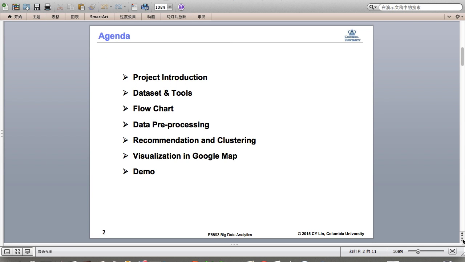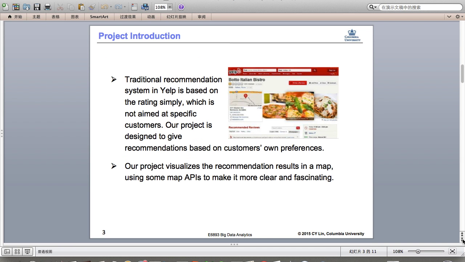Firstly, I will give you a brief introduction about our project. The traditional recommendation system in Yelp is only based on the rating, which is not customer specific. Customers would like to see recommended restaurants based on their past experience. That is our aim: to give recommendations based on customers' own experience. Besides, another characteristic of our project is to visualize the recommendation results on Google Maps to make it more clear